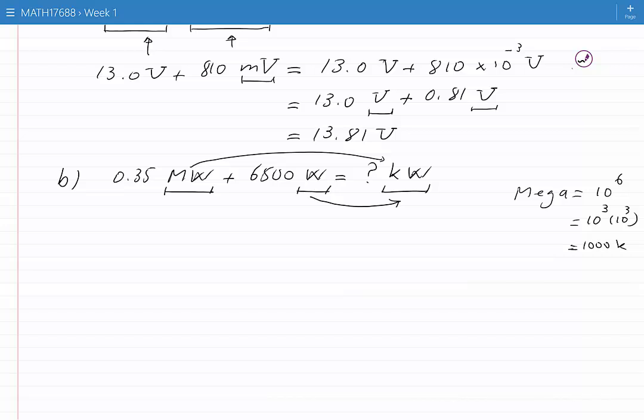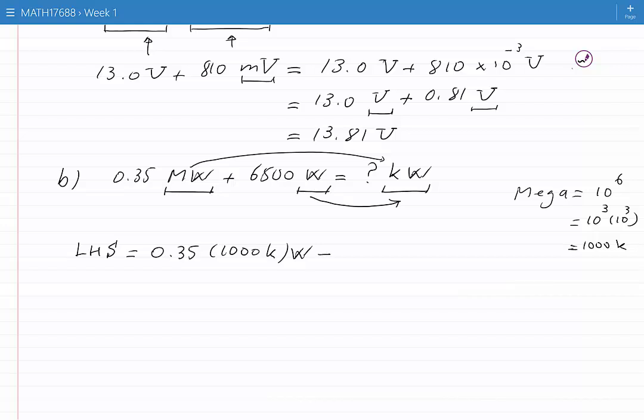So what I'm going to do is write the left hand side as 0.35, and instead of mega I'm going to write 1000 kilowatt